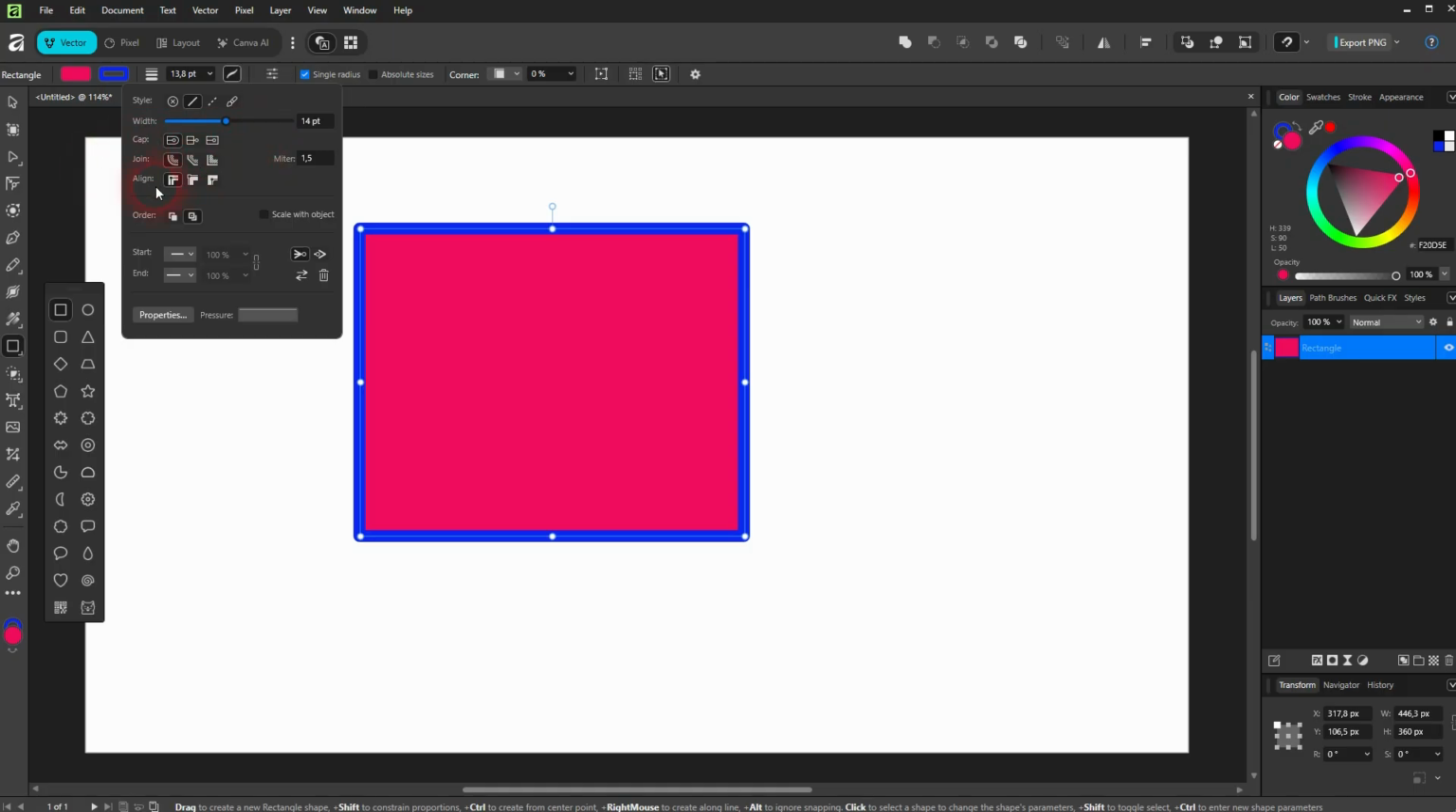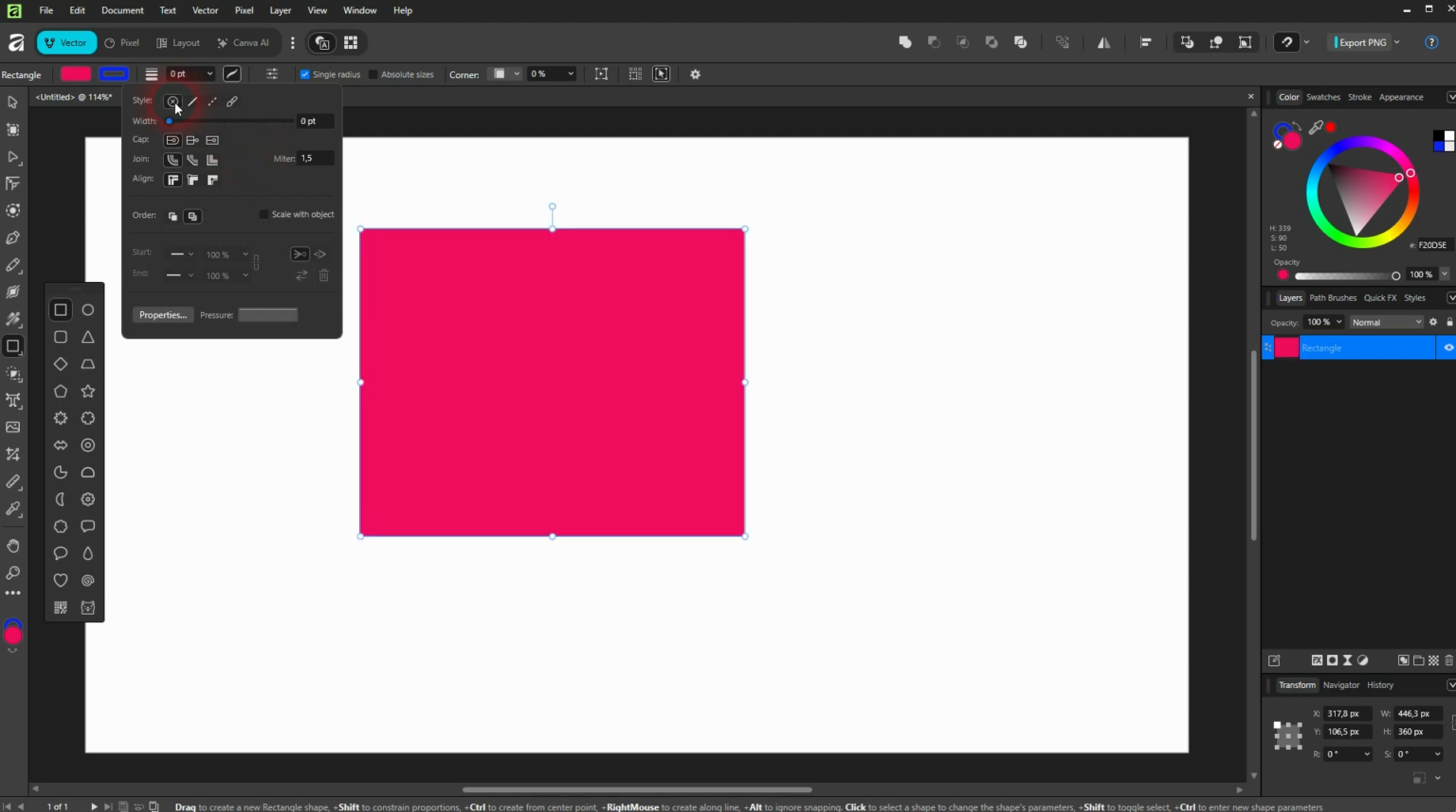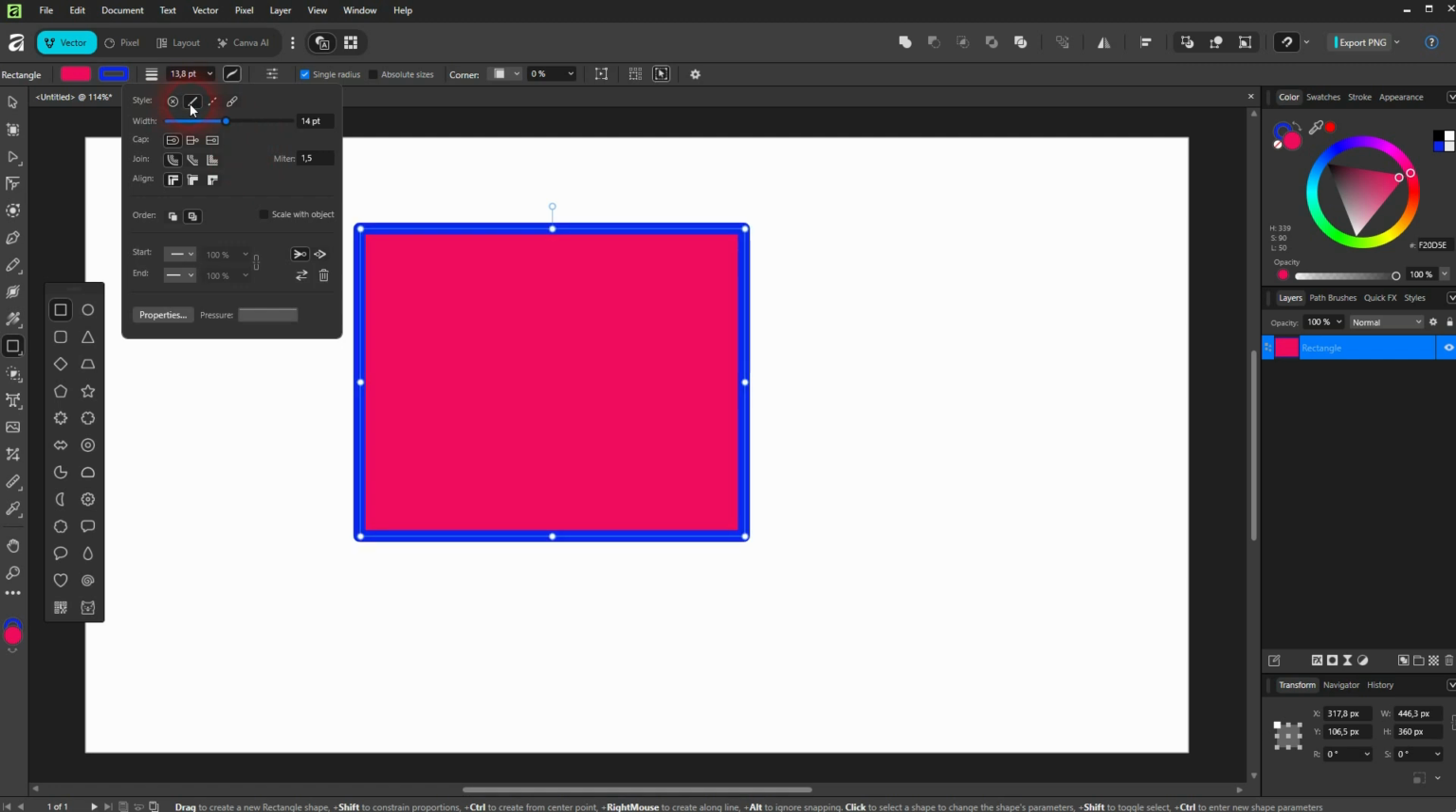But most important are the 4 options above. The first one is no line style. The second one is for the straight line. Third is for the dash. And the 4th option is for paintbrush. For now, we're going to deal with the dash right here, and you can see it blends in a couple of